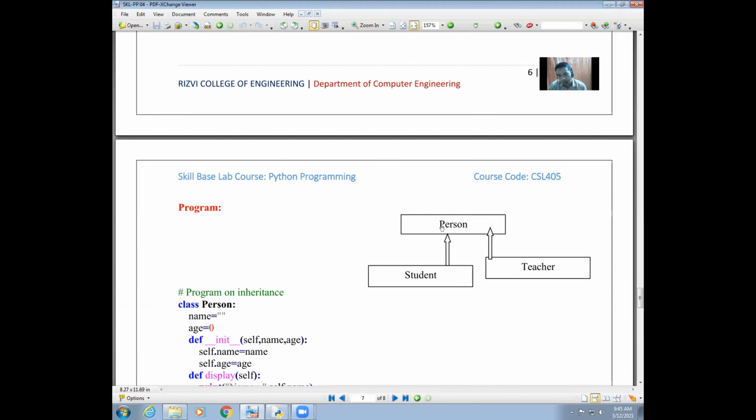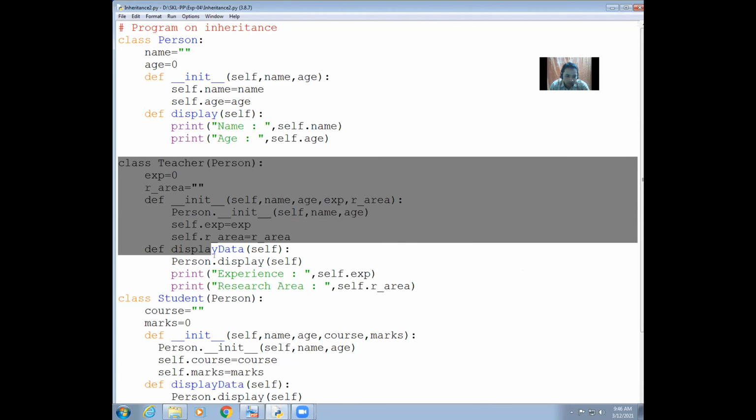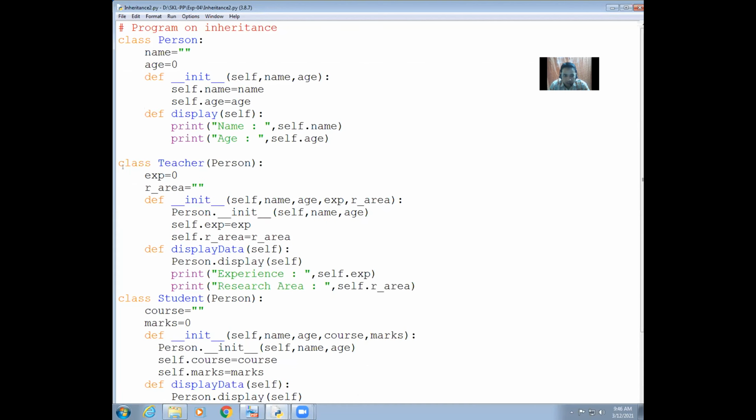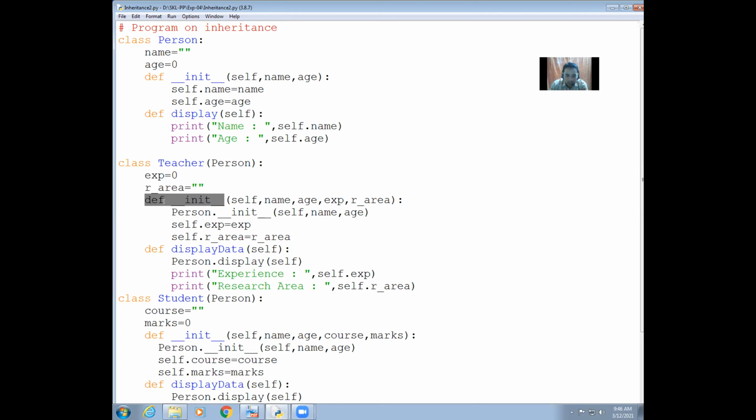This class, which is your main class, or you can say the parent class, or the base class, is now implemented. It has to be inherited into the student as well as the teacher class. So next is your teacher class, which is to be implemented. So the class teacher, and then inside the bracket, person is to be written because we want to inherit the person. Then colon mark, then indentation, two variables are declared. Experience is equal to 0, then research area is equal to a null value, or blank, nothing is there. Once again the constructor is to be created, def __init__, and after that